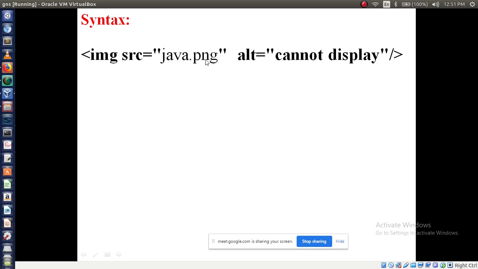java.png. PNG, these all are image formats. PNG, GIF, JPEG, these all are image formats. Java is the image name. Then within double quotes we have to write. Then alt. Alt means alert, "cannot display the image". When something goes wrong displaying the image, at that time the "cannot display" message will display in your web page. So